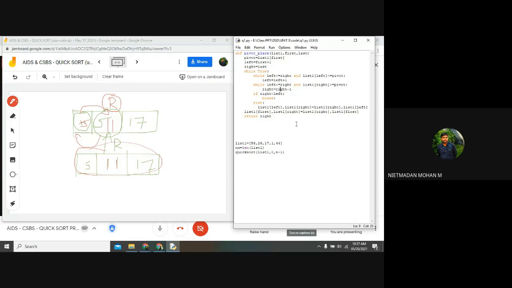So next, the first thing is my main program. This program has been divided into three parts. One is my main program, and another is finding the pivot value and doing the swapping operation. And what is the third function I have told?